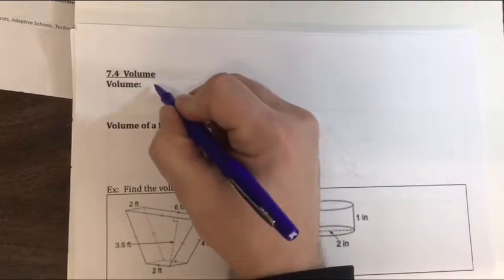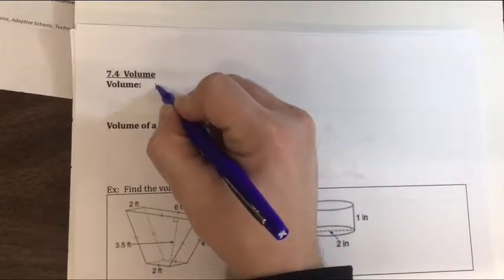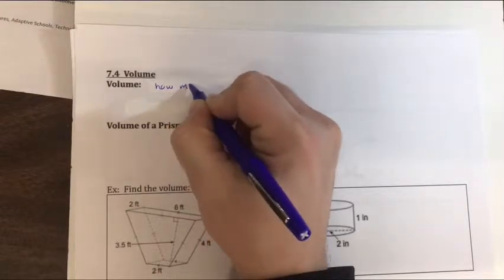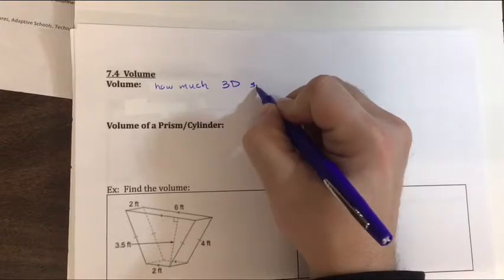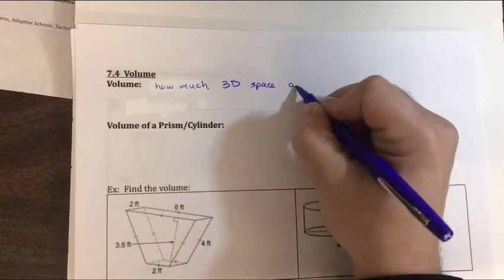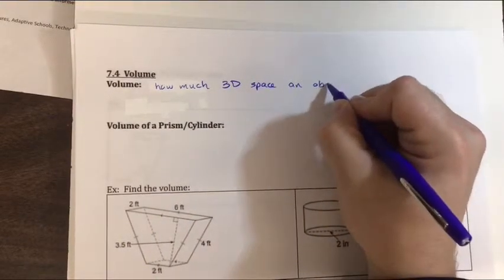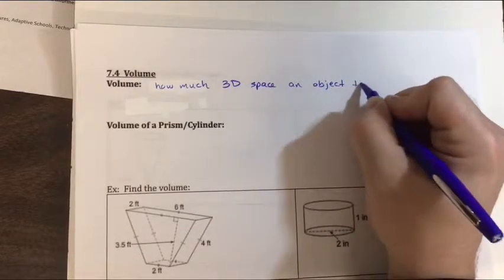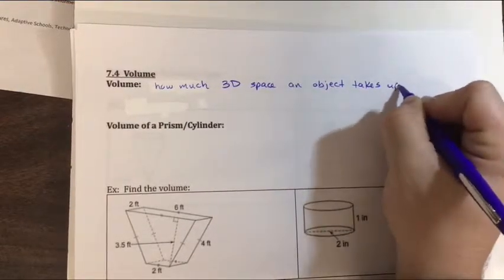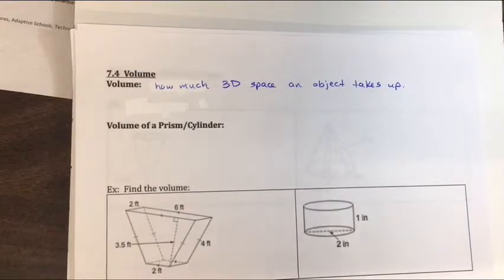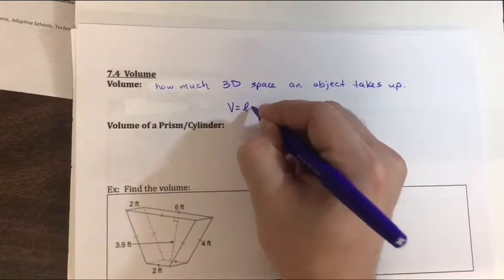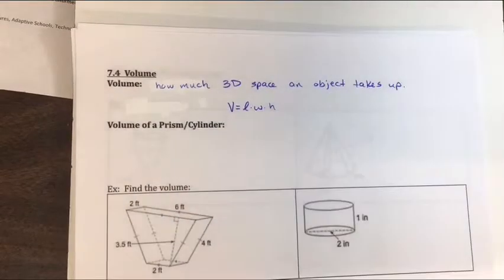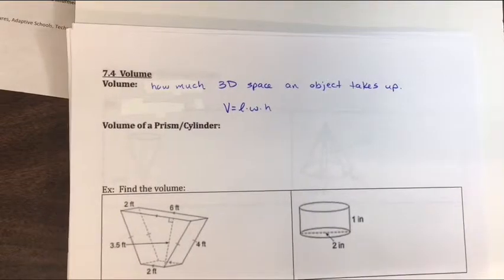It is the amount of three-dimensional or 3D space an object takes up. Okay? Now, if we were dealing with strictly rectangular prisms, strictly just basic box shapes, volume is usually length times width times height. Okay, and where this comes from, I'm going to show you this before we move on